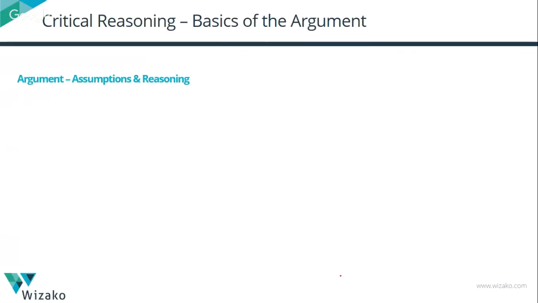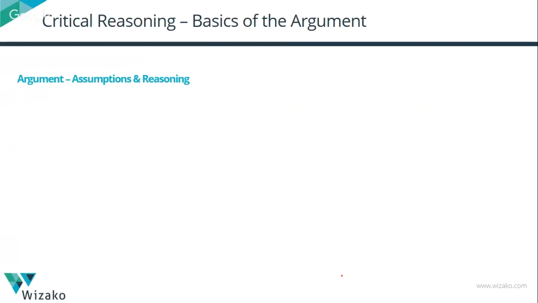You may not be able to identify it in some of the arguments, especially if our personal opinions match what the author is trying to present. We will think that the argument is extremely convincing and that there are no assumptions, or that there could possibly be no flaw in the argument at all. But if our personal opinion is contrary to what the author is saying, even an argument that sounds super convincing, we will not see it as convincing. We will think there has to be some assumptions that the author is making. We will find flaws that are not there in the argument at all.